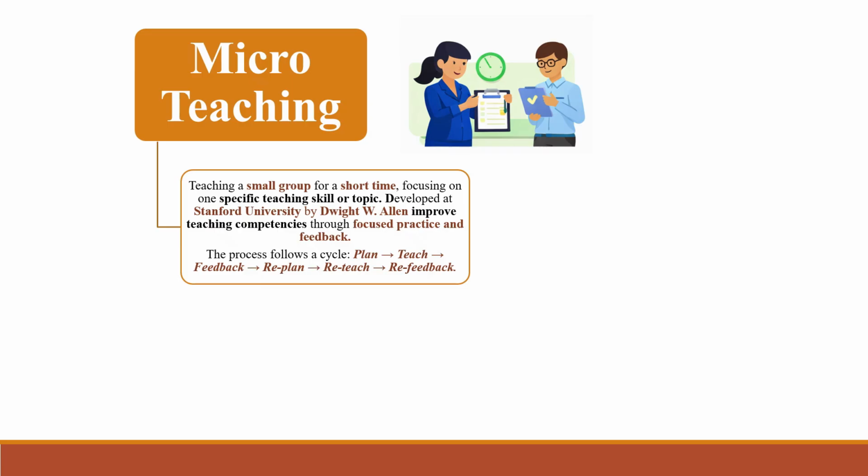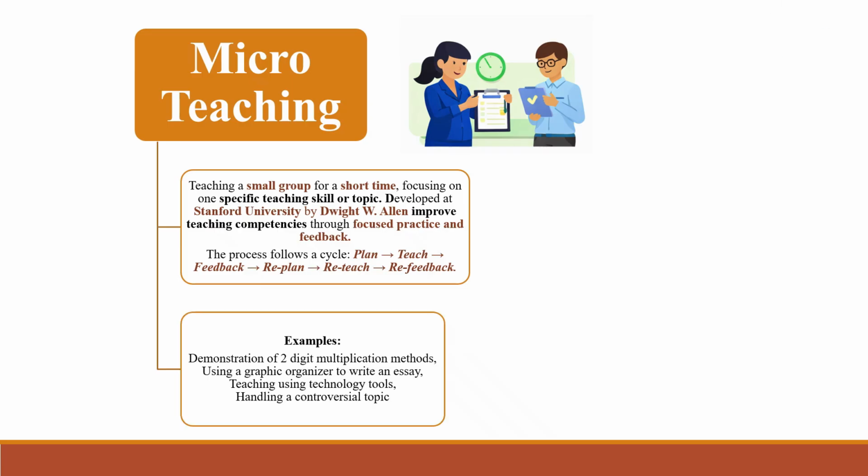Instead, the focus is on practicing one specific teaching skill. And the cycle of the process is plan, teach, feedback, replan, reteach, refeedback. For example, demonstration of two-digit multiplication methods, explaining how to use graphic organizer, integrating technology tools into teaching, or even handling controversial topics. Even though it started as a training technique, it has also been adapted as a teaching method